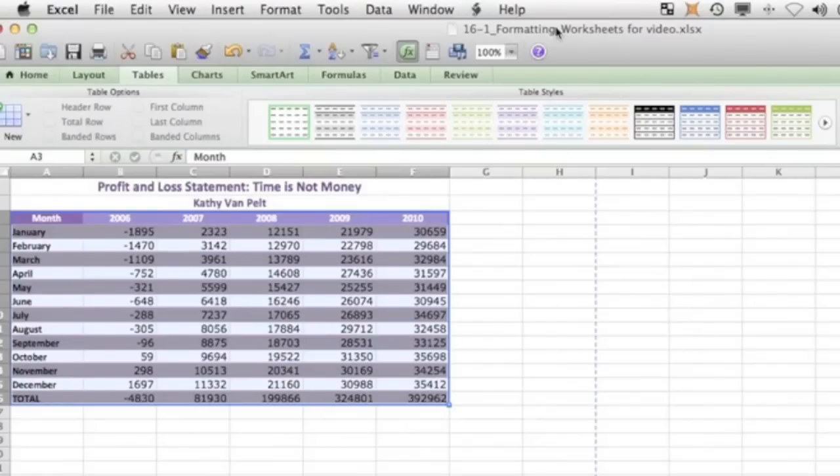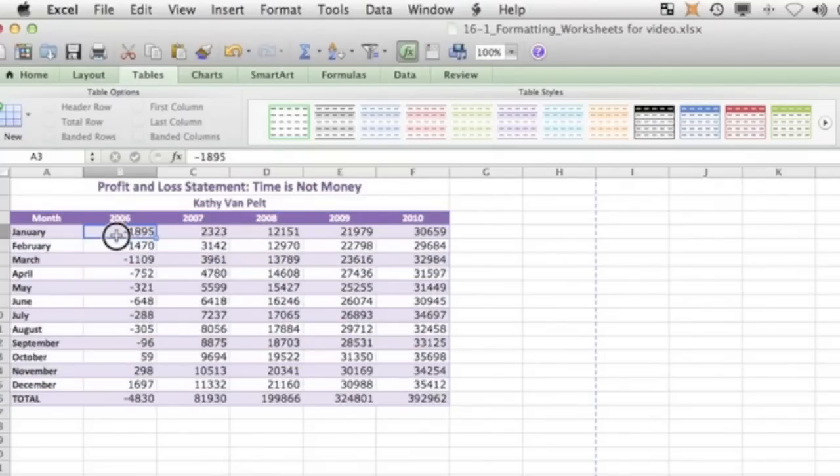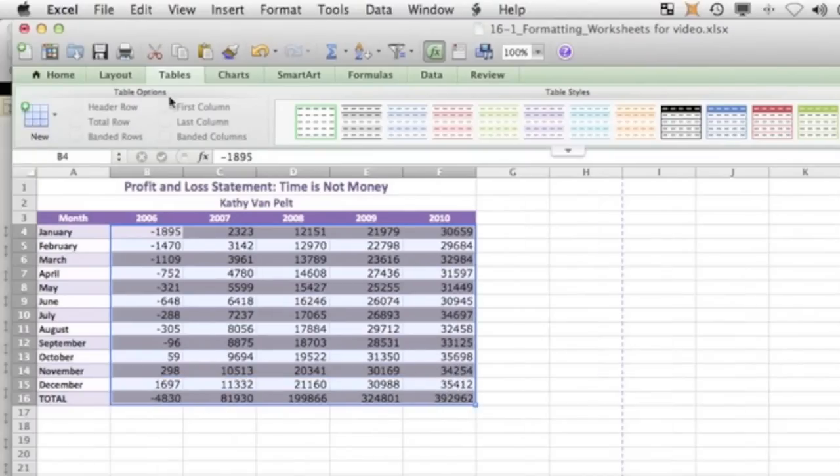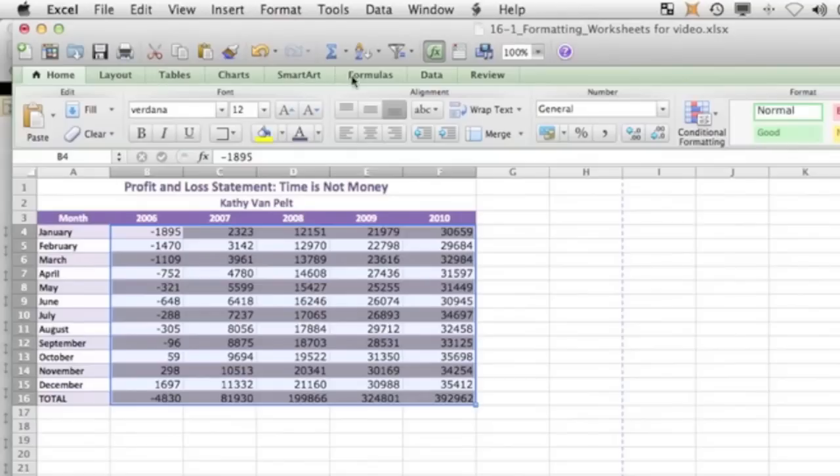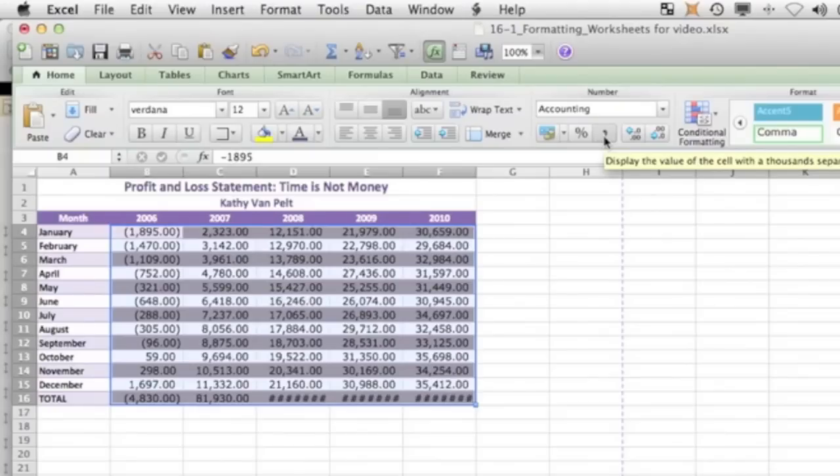we're going to format the numbers with a comma format. So we're going to select B4 through F16, click the Home tab, and here's the comma format right here. What it does is display your numbers with commas if they're over 1,000. It puts parentheses around negative numbers, puts 2 decimal places, and it puts a space at the end of each